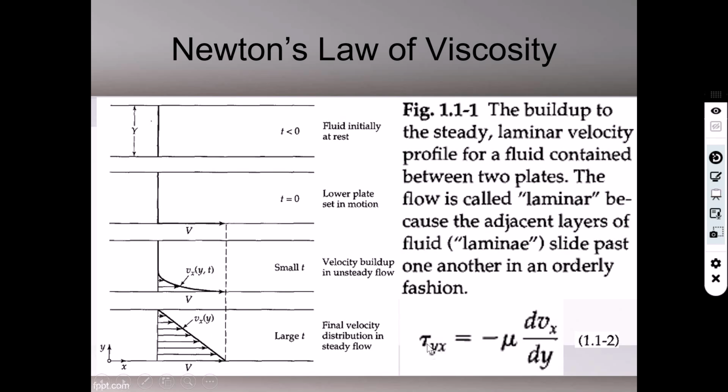And shear stress tau exists between the plate and the fluid, right? Between the plate and fluid, and it is in the same unit as the pressure. So this movement of the plate